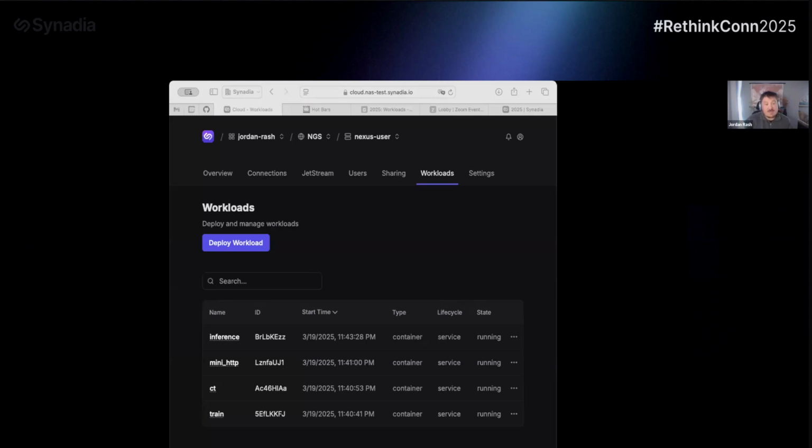Since Synadia Cloud is multi-tenant, it is namespaced to only my account. So you'll see now I am using a normal namespace reference to my account and user credentials that are essentially the exact same credentials a user of control plane would use. So we'll send it, and you'll see.